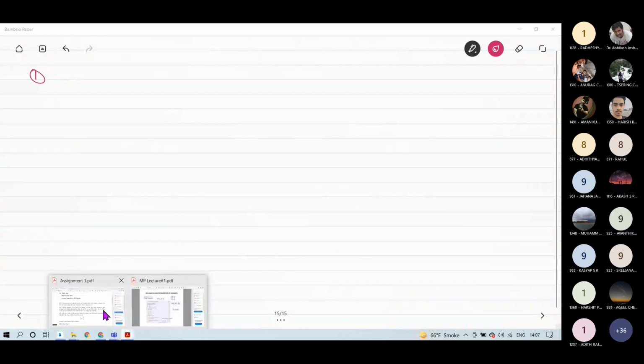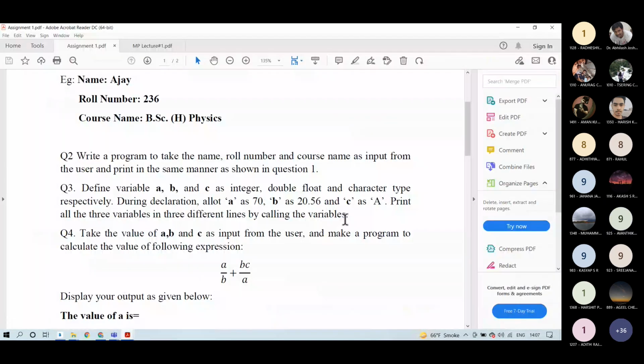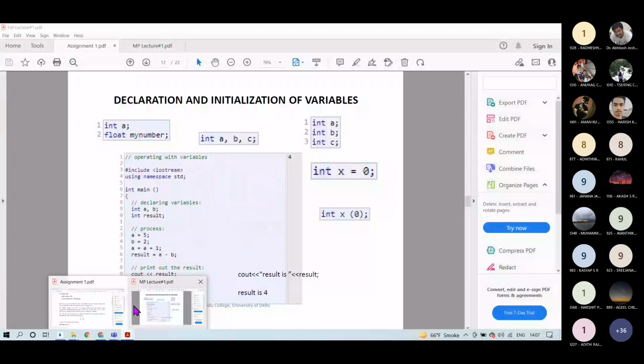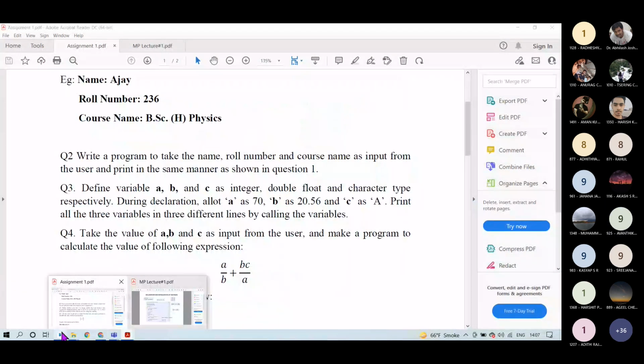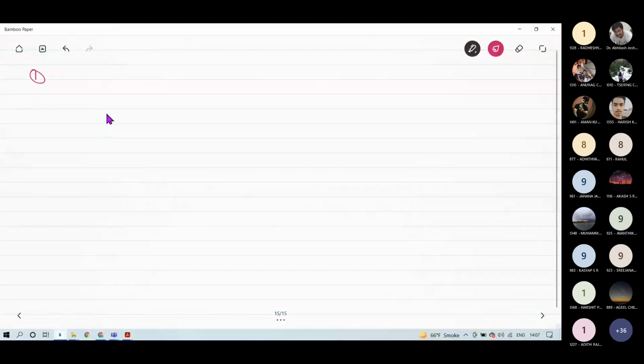What are they asking? They are asking for name, roll number, and course. You have to take name, roll number and course.